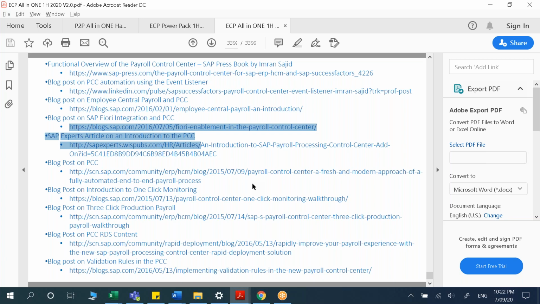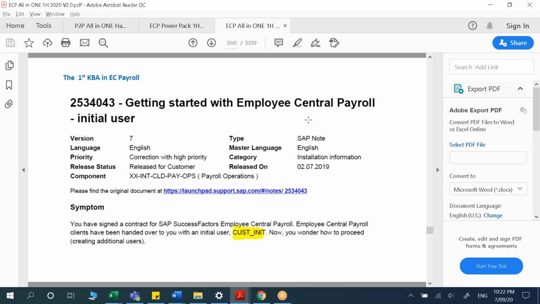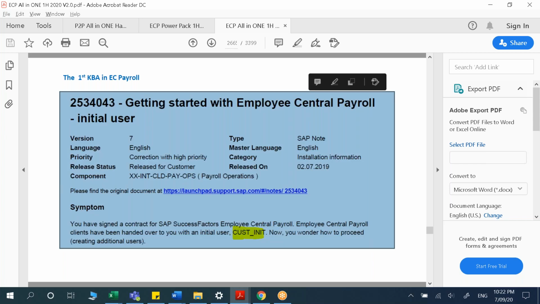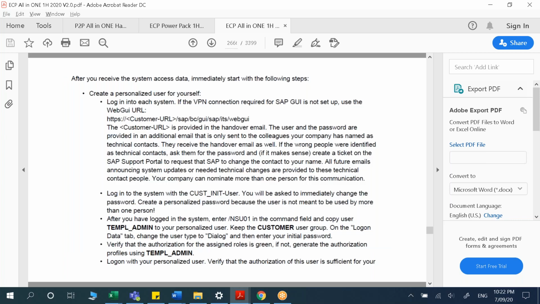Can you go to the page number 2665? Yeah, so this was your note, like getting started with this stuff.